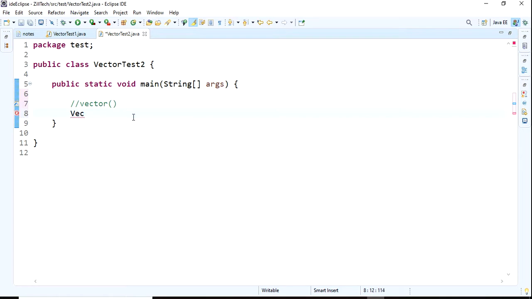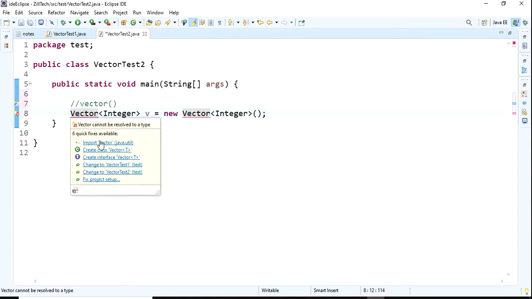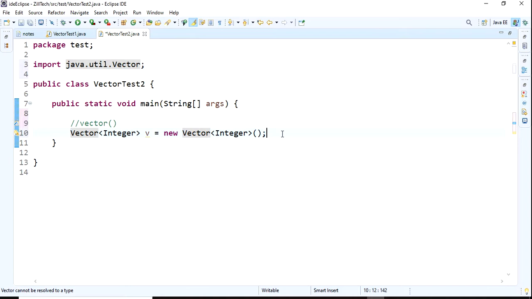Vector v equals to new vector, and then send typesafe. Now I'm using typesafe like integer, and I'll import vector. The vector is imported.